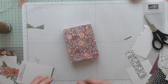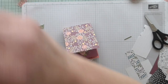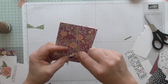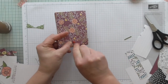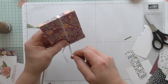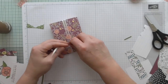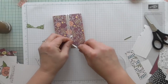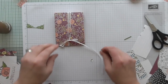And then I'm going to now make my closure. Now what am I going to use? Might just use some ribbon, if it will. Don't know if it'll be too wide. No, it's not. It's fine. Wrap that around like so. Just do twice. We'll just do twice. And then you can tie it in a bow or tuck it behind, whatever you fancy. And there you've got a little thing, and then I think I'll just add